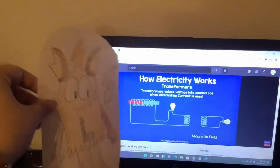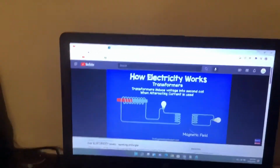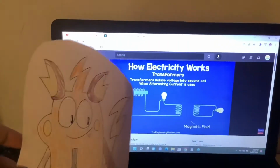And this will create a transformer. A transformer will increase the voltage from the primary coil over into the secondary coil. And this will force electrons to flow if the coil on the secondary side has a closed circuit. Now, what's important about how a transformer works